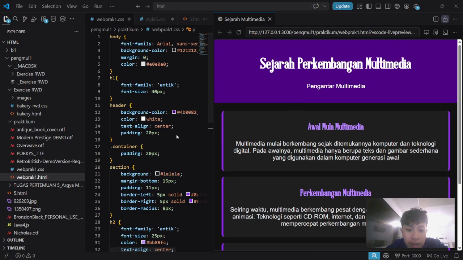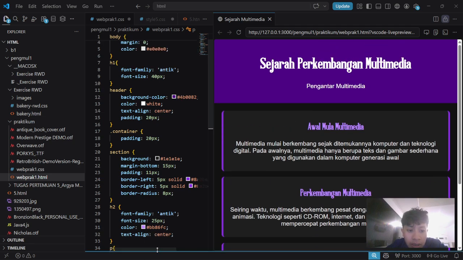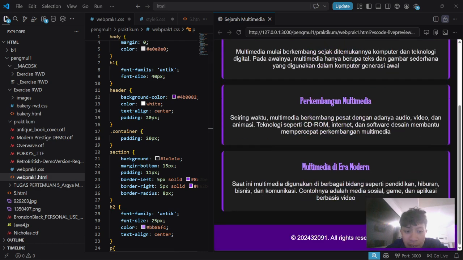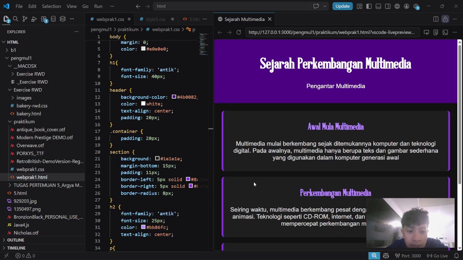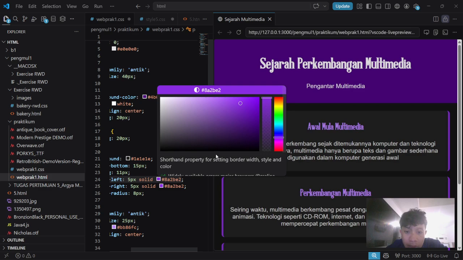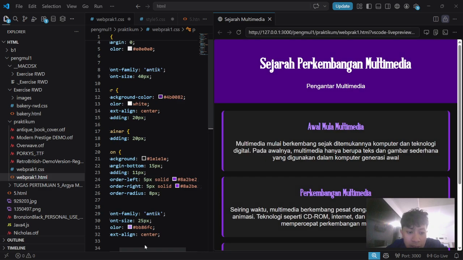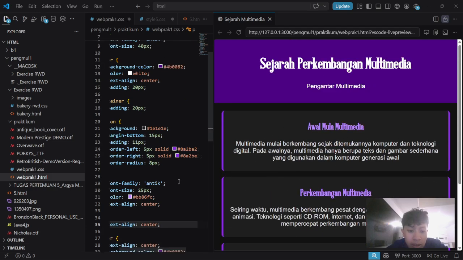And then here, as I said before, I use the background black, a margin bottom of around 15 pixels, and some padding here of 11 pixels. And then for the border left and right, I use a solid light purple color, and the border radius to make a modern look.